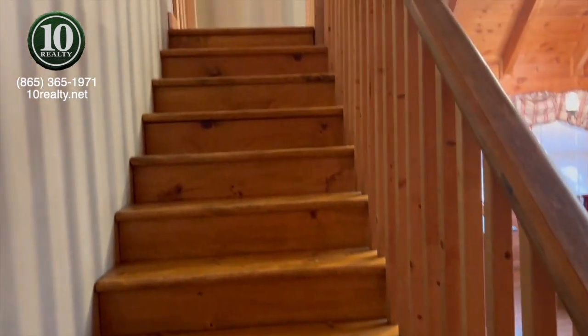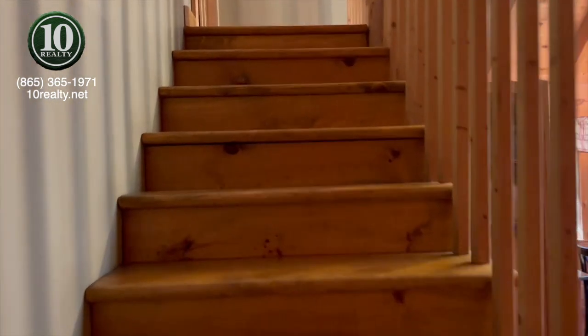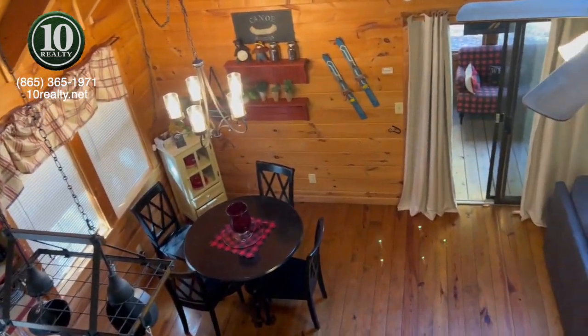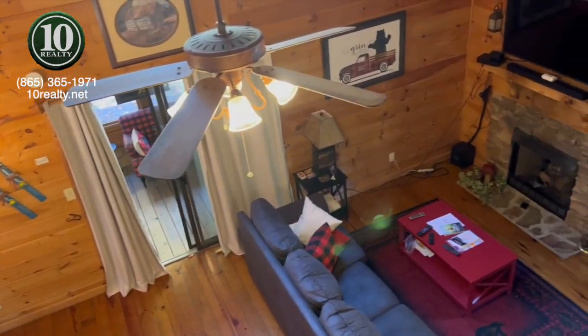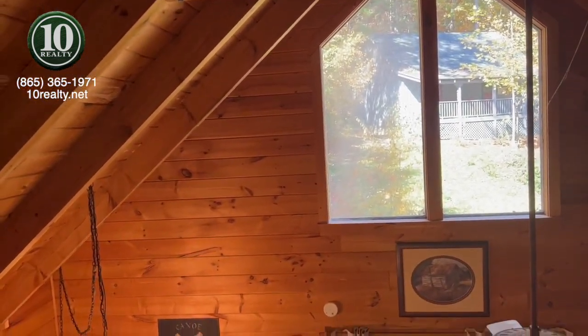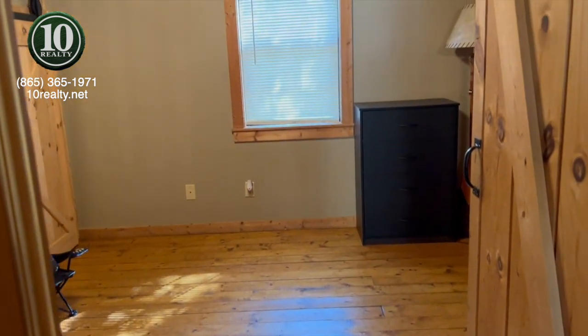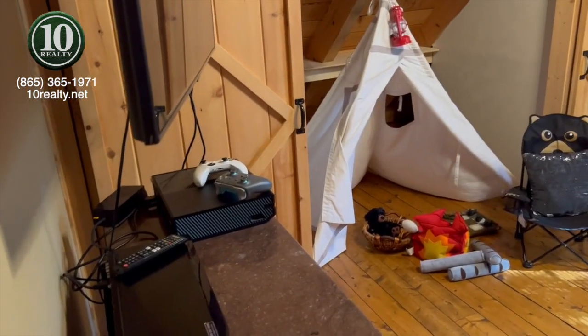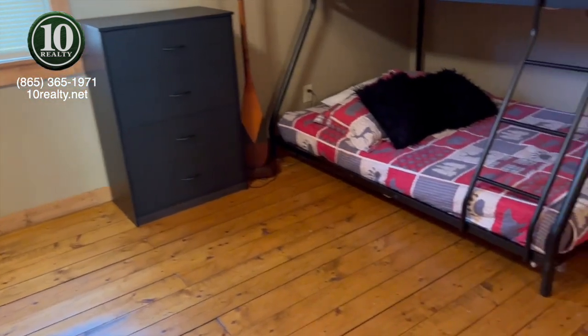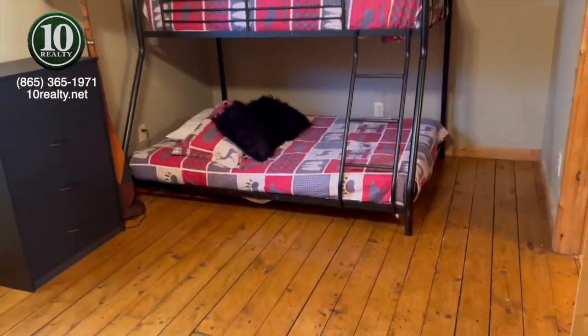And going upstairs, here's the stairs going up. And first off, this is looking down. And that's out looking out that bay window at the top to the other cabin across there. And coming up the stairs, going inside, this is a teepee. And here is bunk beds. So looking from here,